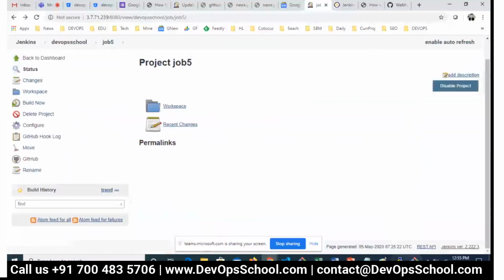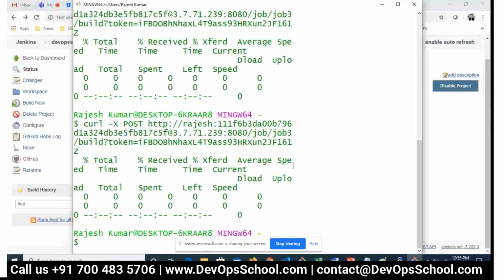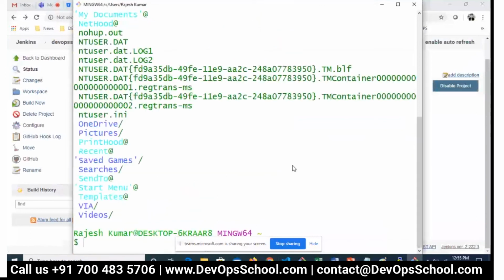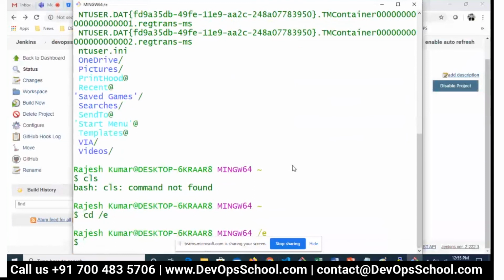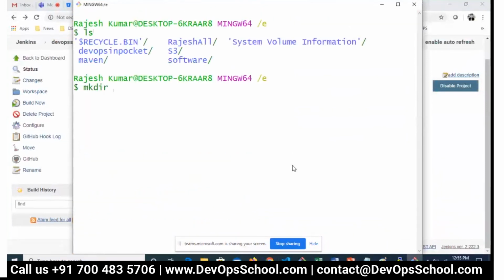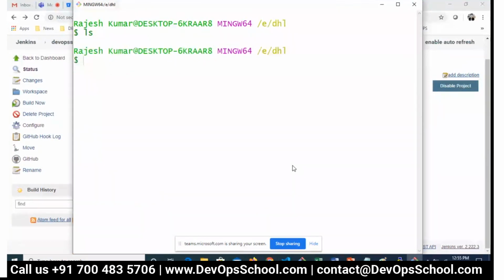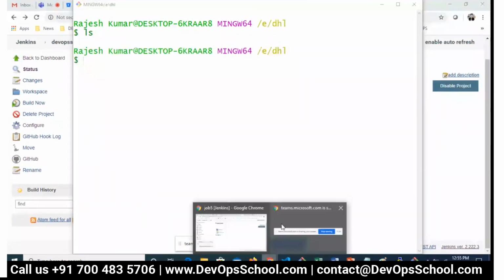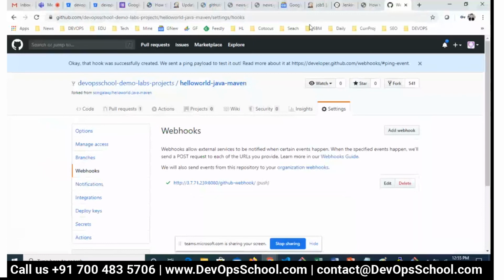Everything can be done with the help of minimal activities. So now I'll go to the E drive, and after that I'll create one directory, DHL, and go into the DHL. And here I am going to clone this code. So git clone.